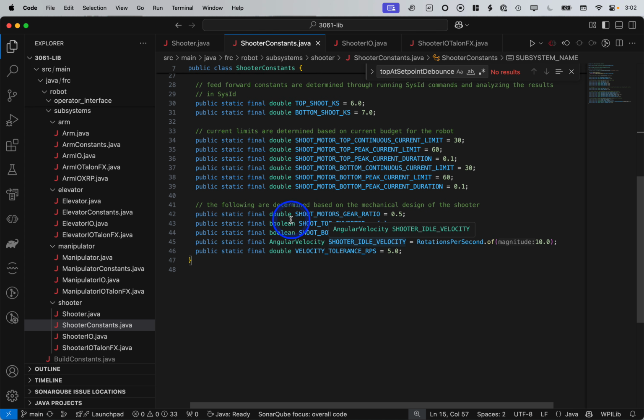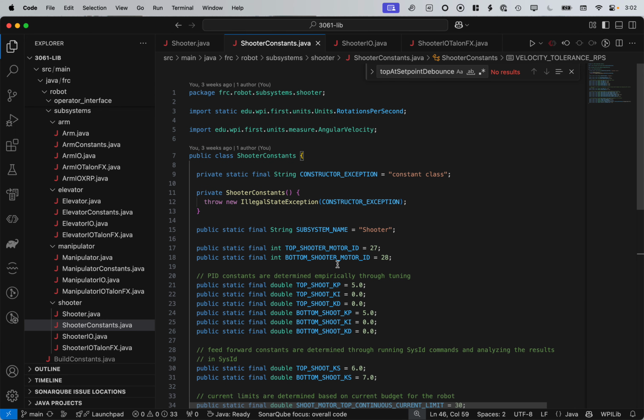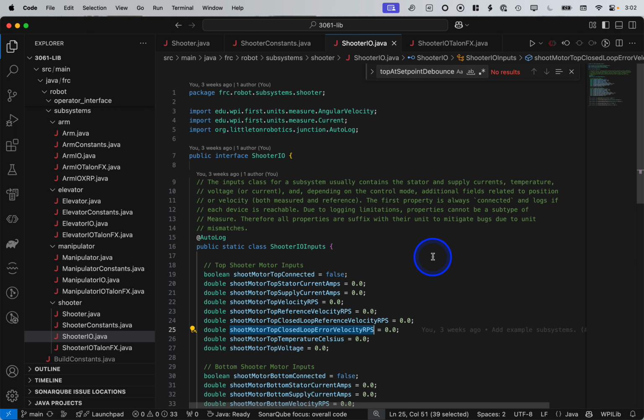And what else do we have here? The gear ratio, whether things are inverted, idle velocity, velocity tolerance for the system test, things like that. So those are all the constants. Our shooter IO interface